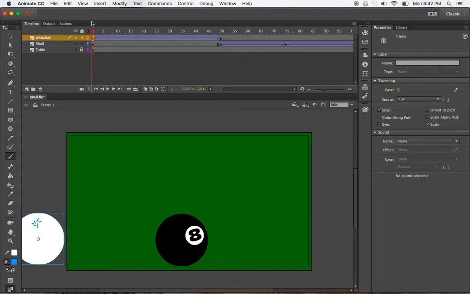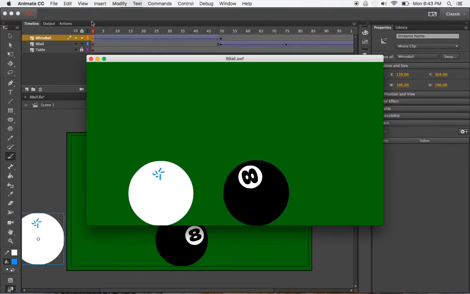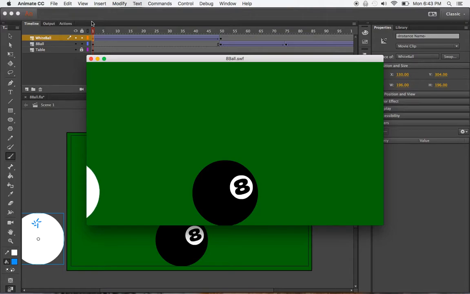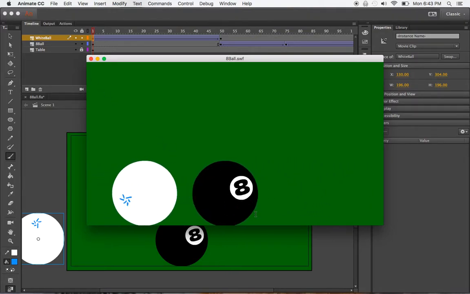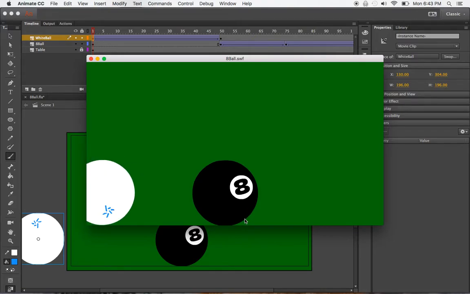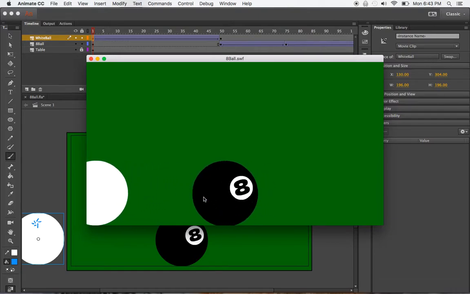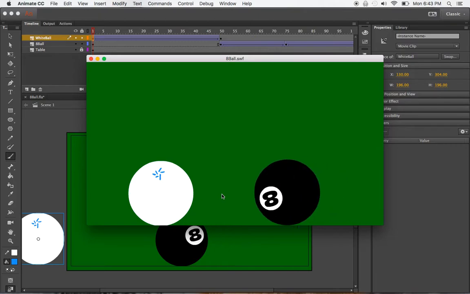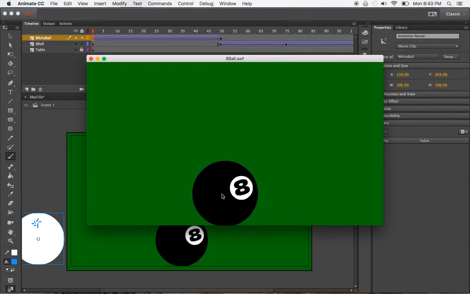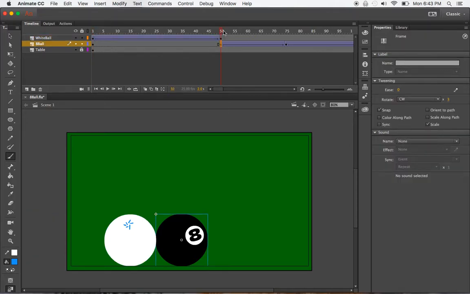Now if we go Command Return, ball comes in, hits the black ball, hits the edge, bounces back, hits the white ball, goes off. Very exciting. And you might see if you just want to tweak it a little bit, it's not going to loop in your finished product anyway, but you can see as the ball comes back here and stops, it just moves up just a smidge, it's slightly below where it starts. So you can obviously just go to your white ball there,